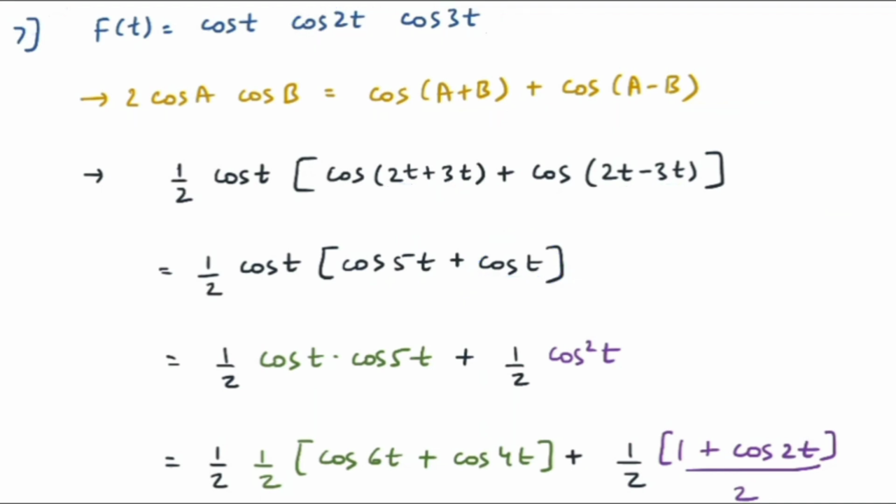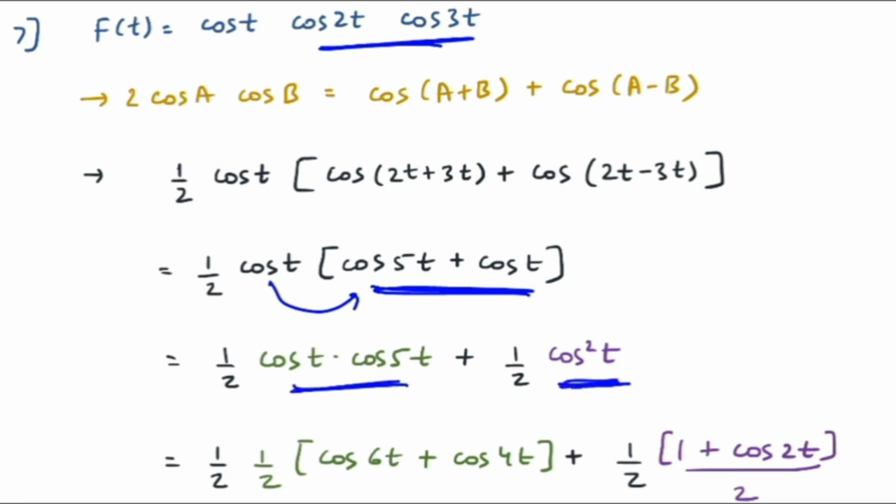I guess this step 1 is clear, converting any two multiplied functions into the addition format, but still we have a problem. What is that problem? If you multiply this cos t term inside the bracket, again you get two parts. Like here in the first case, two functions are multiplied. In the second case, again we have two functions that are multiplied, which is cos square t, right? Here also you have to use the identity which you studied in the previous question. Whenever you have cos square theta, it is 1 plus cos 2 theta upon 2. The value of theta here is nothing but t. So you can see that 1 plus cos 2t upon 2.